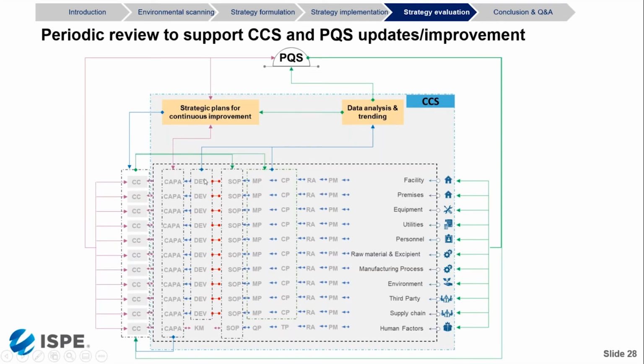Deviations may come from non-compliance with the SOPs, etc. And then you will have CAPA. Those CAPA need to be logged into the strategic plan, and I will show you how. You remember the